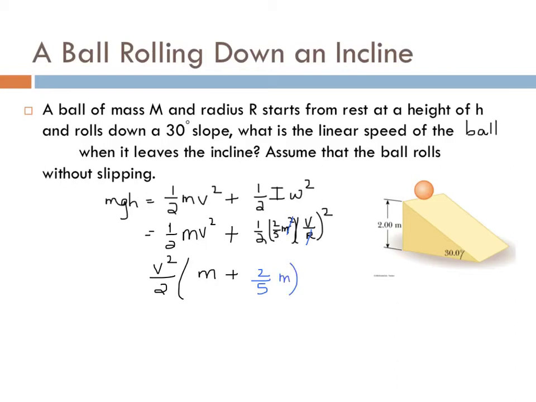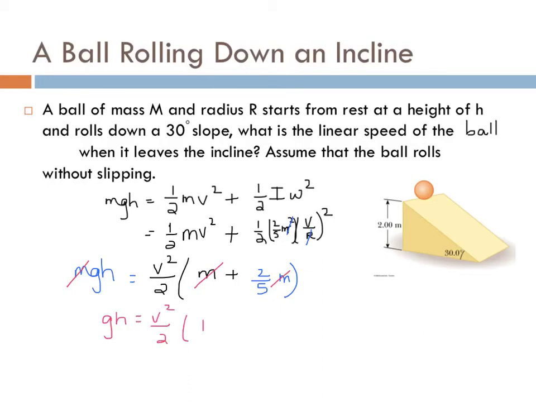So here you can see that our mass actually doesn't affect our equation at all. So our masses will cancel out, and we're left with gh is equal to v squared over 2 times 1 plus 2/5,